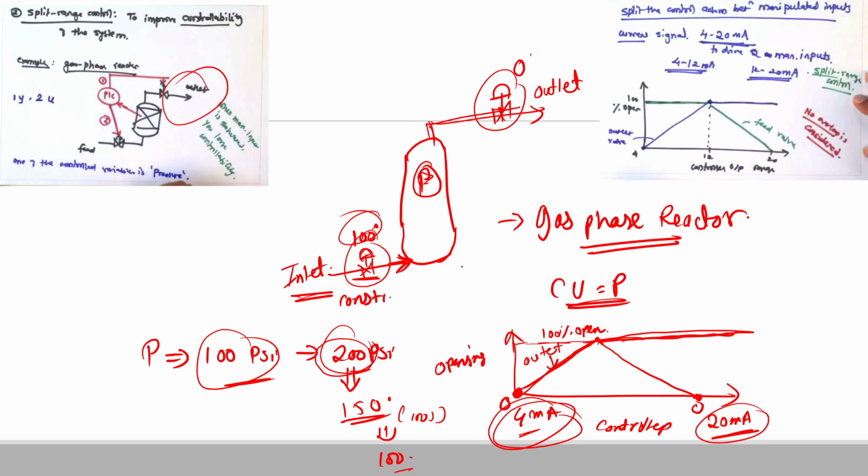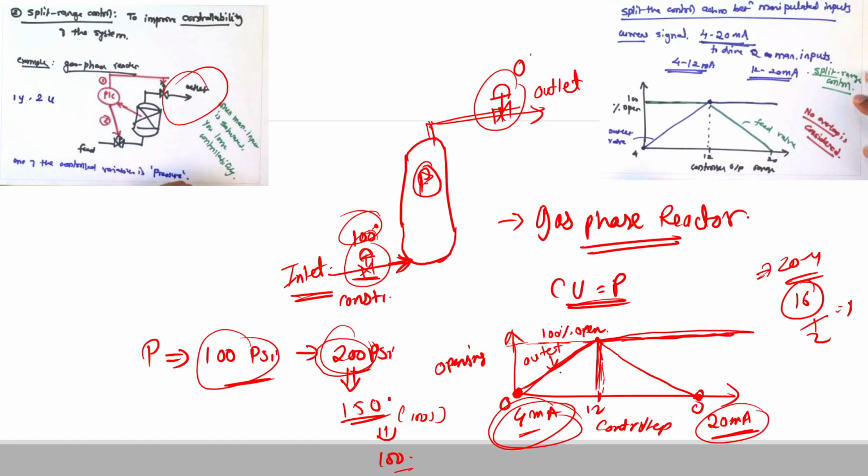Similarly, for this valve, we can see that at 20 milliampere it should be closed, and at 4 milliampere it should be 100% open. So in order to obtain a split between these two valves, we can come to a midpoint over here. The range that we have is 20 minus 4, that is 16. We can just divide it by 2, so it becomes 8. So 4 plus 8, that is 12. So until this 12 milliampere,